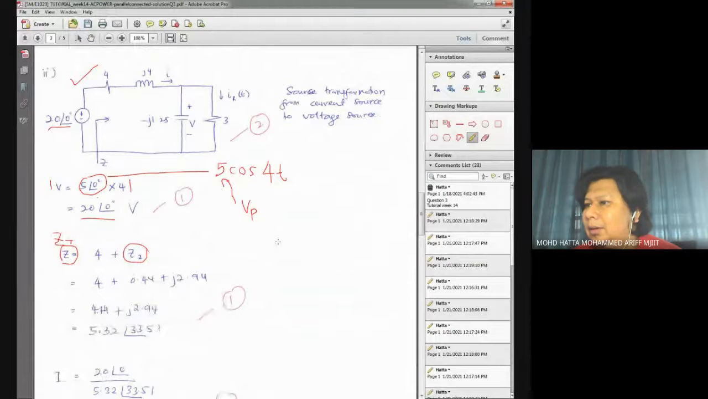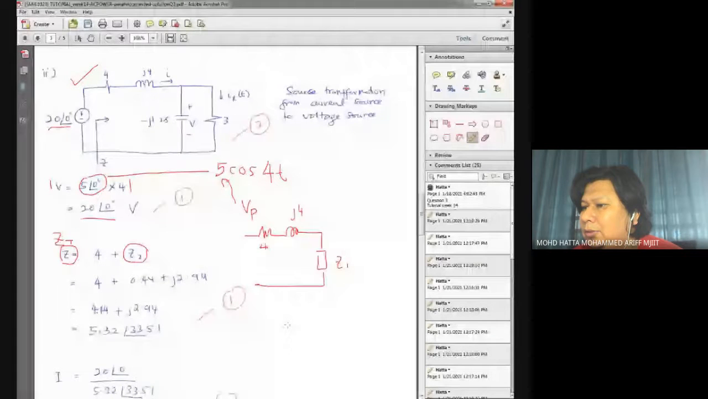So what you need to do, maybe if I'm the student over here, I'll try to redraw the circuit. Okay, this is my Z1, this is J4, and this is my 4 ohms resistor. And later on, I try to reduce it back into Z2, where Z2 is J4 Z1 plus